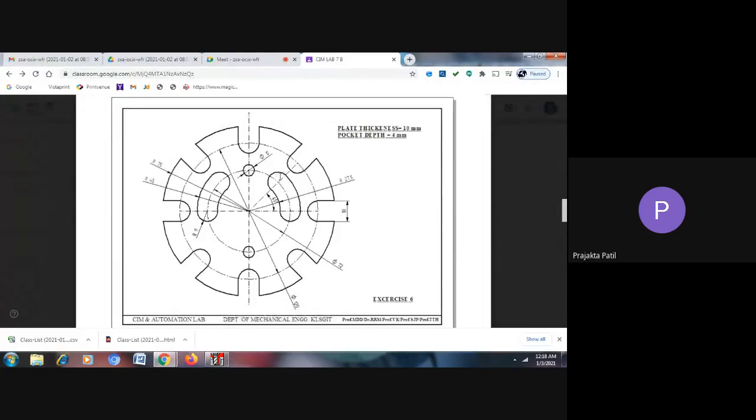Okay, now with respect to this pocket, let us see how this pocket has to be drawn. So if you observe this pocket clearly, it is basically made up of two circles. This is the inside circle which is having a radius of 27.5, and then there is this outside circle here which is having a radius of how much? Let us see. Yeah, here. It can be seen here. The radius of this is 45 mm.